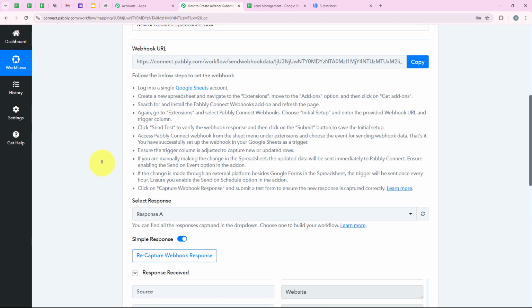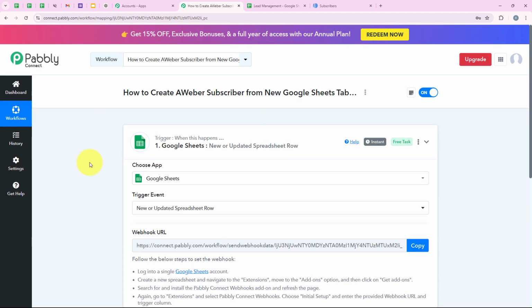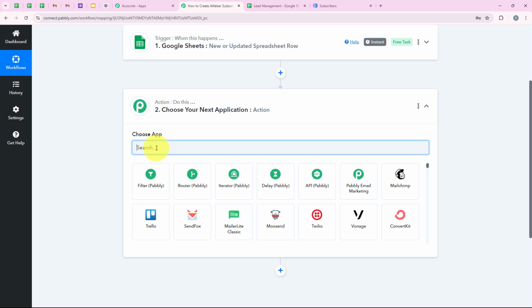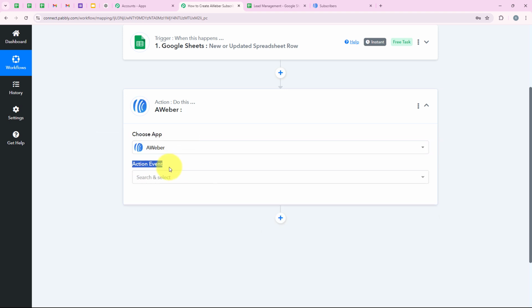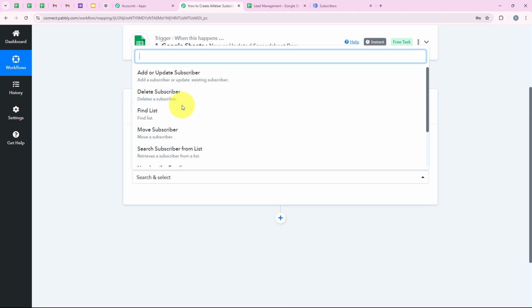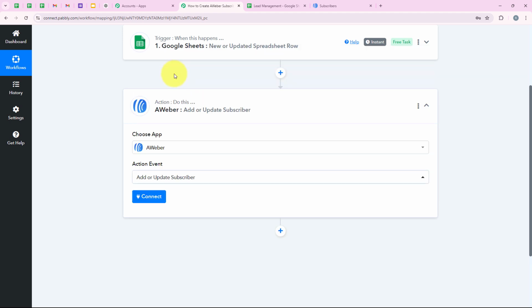So yes, with this we have successfully completed our trigger step, and now we are going to move on to our action step. For our action application, we are going to select AWeber right over here. So I'm going to search for AWeber, and then we are going to select AWeber right over here. And now it is asking me for the action event. So I'm going to select the action event as add or update a subscriber, and then we are going to